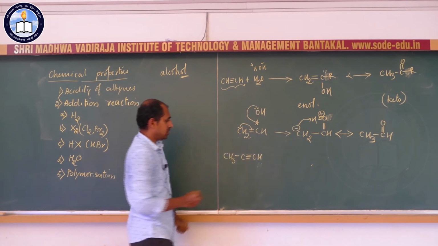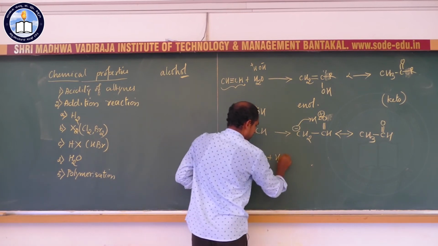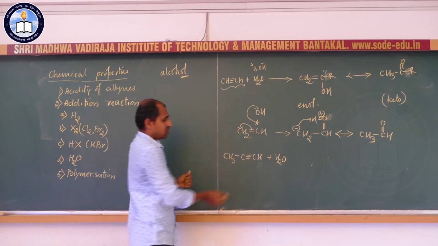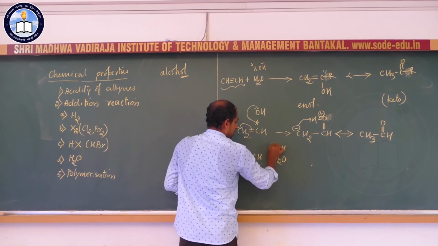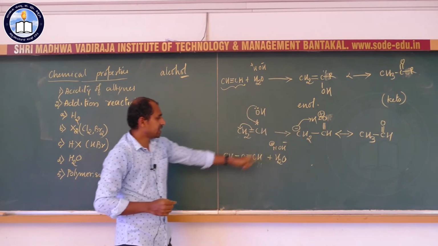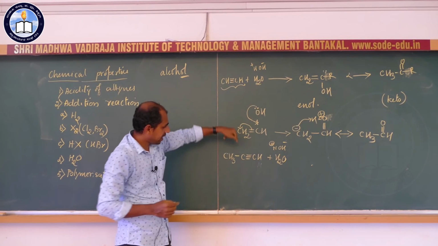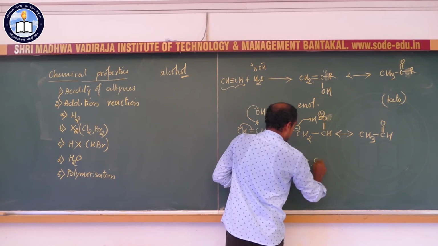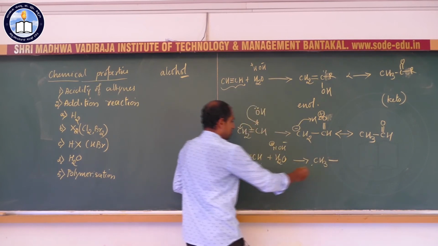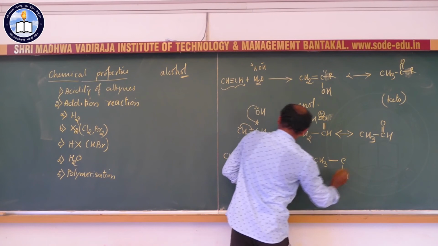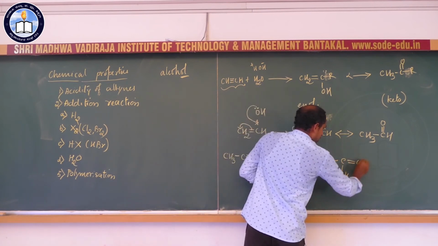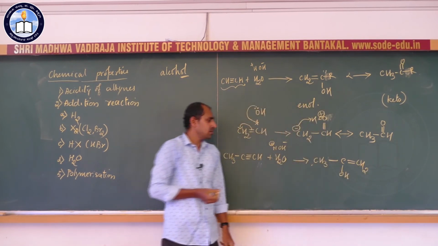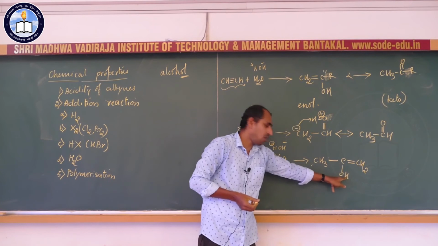Substituted alkyne. If you add water, the addition follows Markovnikov rule. Water has two groups, H plus and OH minus. So negatively charged OH minus should attach to the carbon containing the least number of hydrogens. Therefore, it will convert into CH3, C-OH, where the triple bond becomes a double bond and hydrogen is attached to this carbon atom. So it is CH2. Again it is an enol, en plus ol.